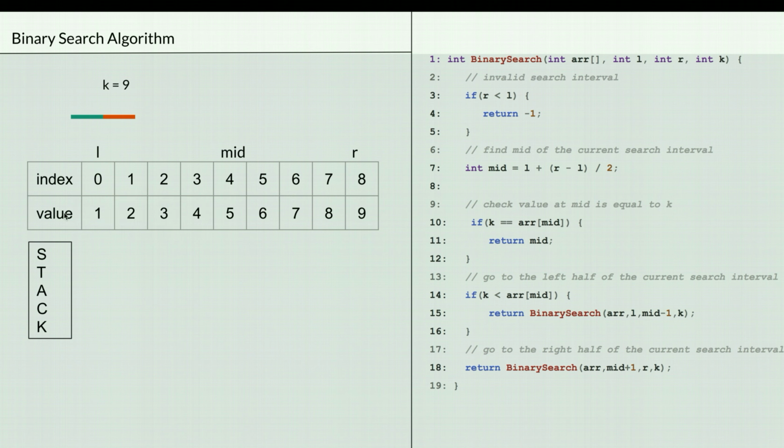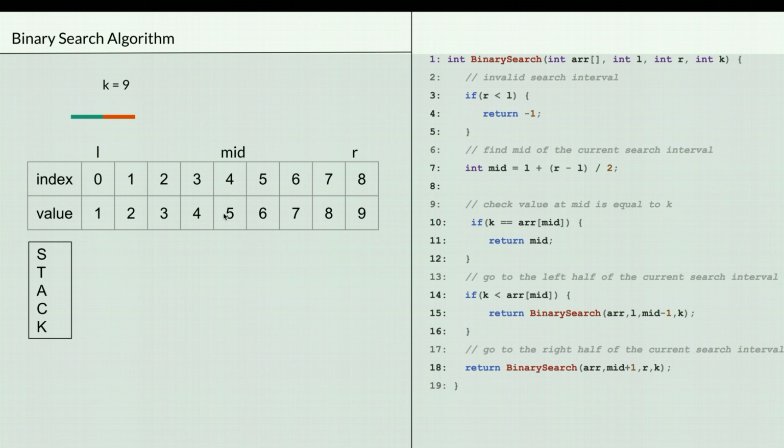Now let's take one more example. Let's take k equal to 9. In this case also mid is 4. Check whether 9 is equal to array of mid. Here k is 9 and array of mid is 5. Is 9 equal to 5? No. Now, to go to either the left side or the right side, compare k with array of mid.